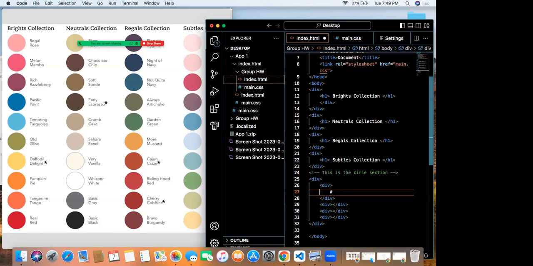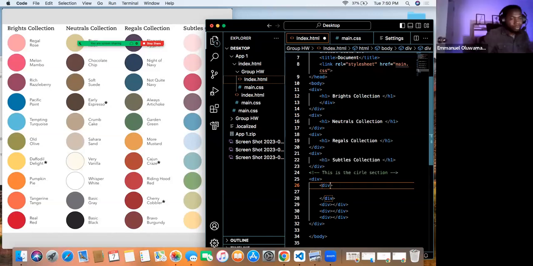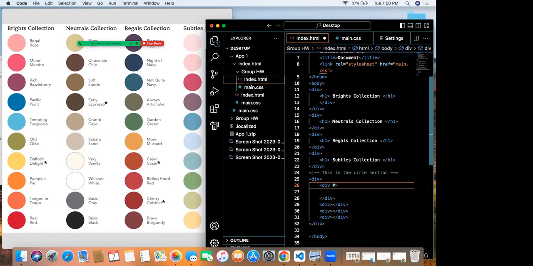So after the v in the div tag on line 26, go right after the v in div, before the caret. Then put class.